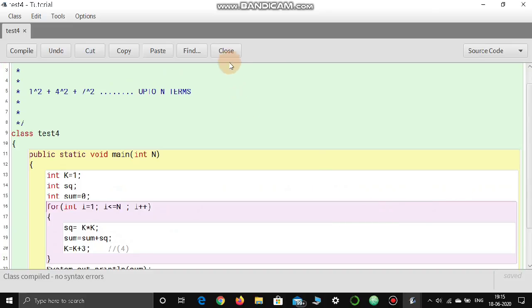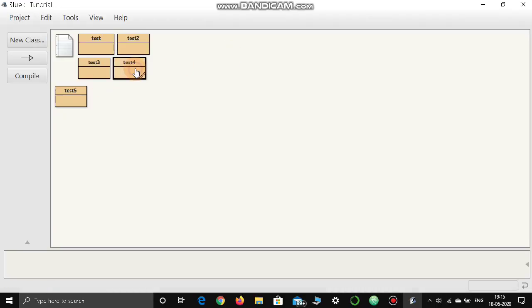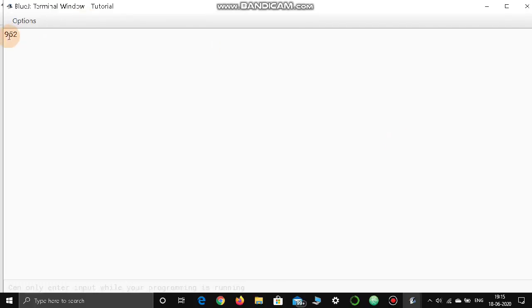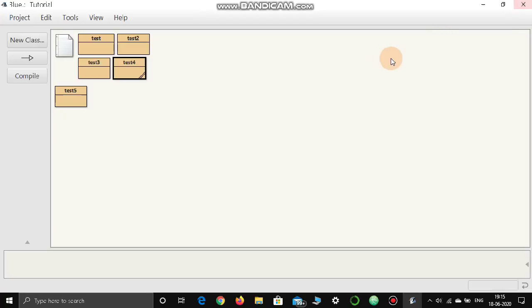So we will be executing our program with Control plus K, and it's executed. Closing this window, again we will be entering our integer variable. It is demanding an integer variable, so here we will be entering 7, and yeah, 952 is the result. That means 1 square plus 4 square plus 7 square, like this it will go up to the 7th term and then calculate this sum. So it's absolutely correct in this case. There is no time to calculate this result, so I think we must stop here and let's go to the next part of the video. Thanks.